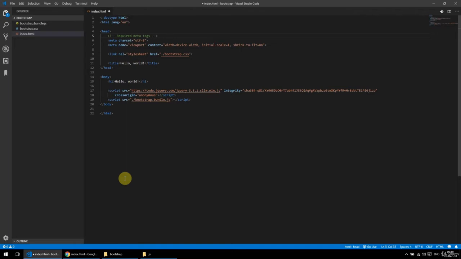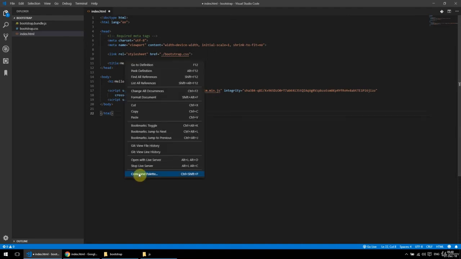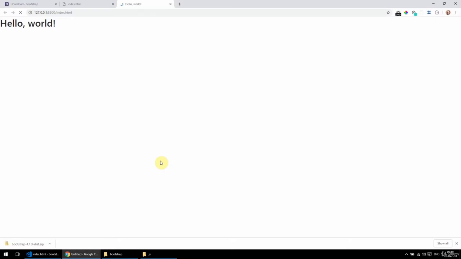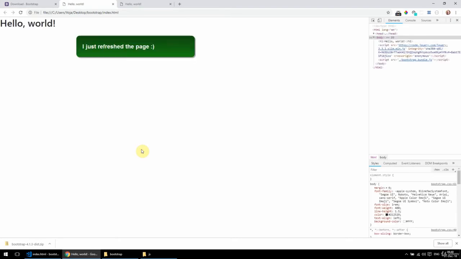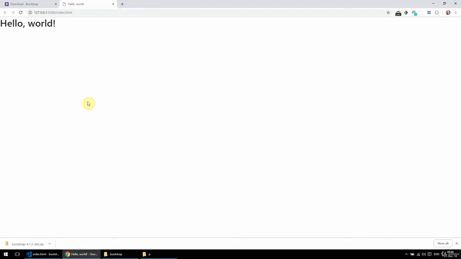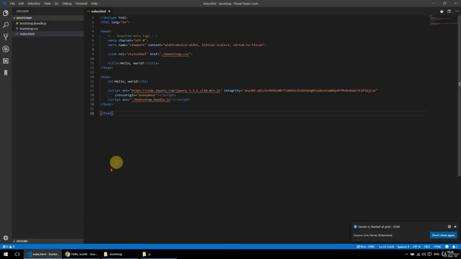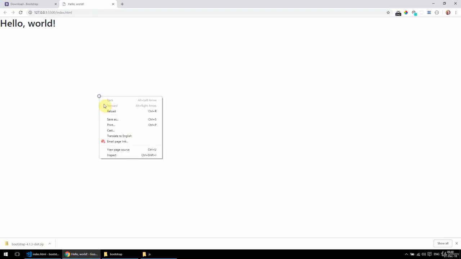That's if you're using VS Code. So I'm gonna right click in here and say open with live server. And now I get the same thing, as you can see. And there's no hello world here for some reason. Okay, there is now. Anyway, I get the same thing. It's all good here.